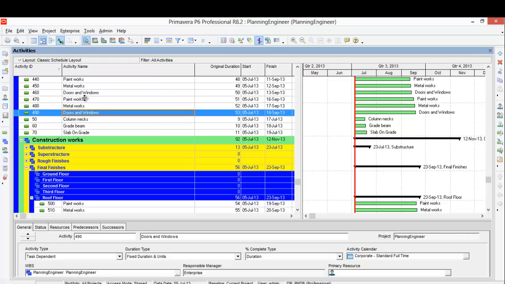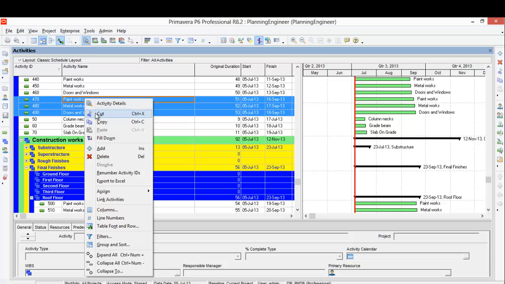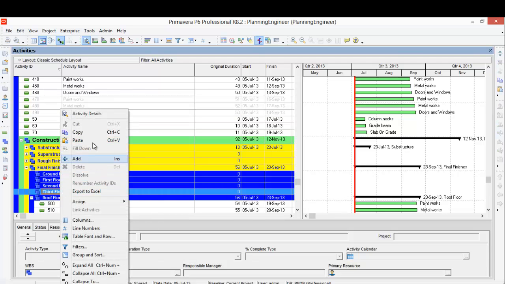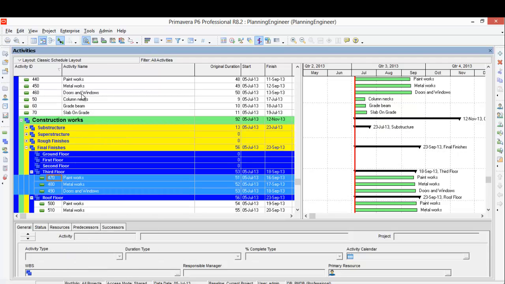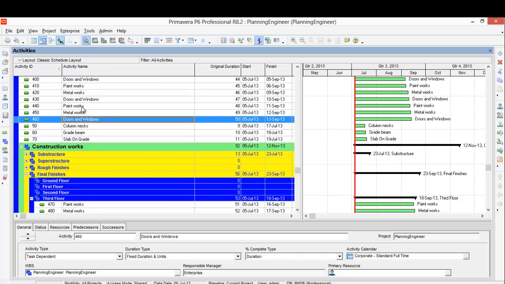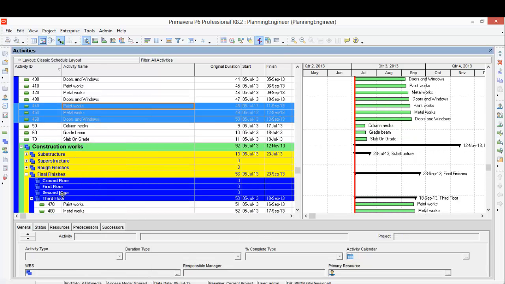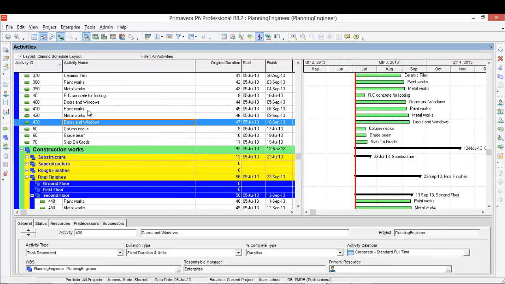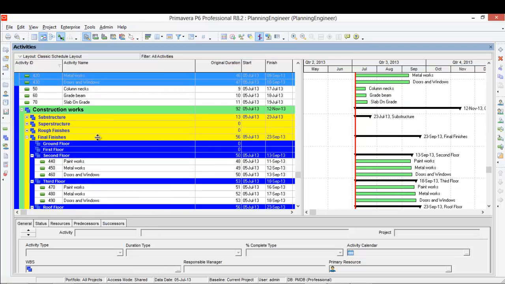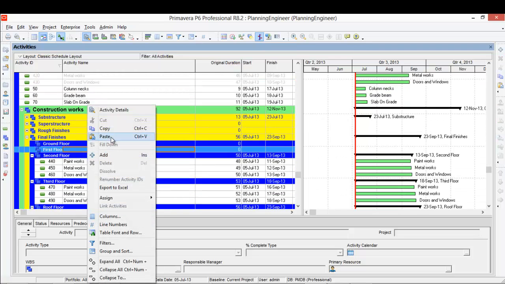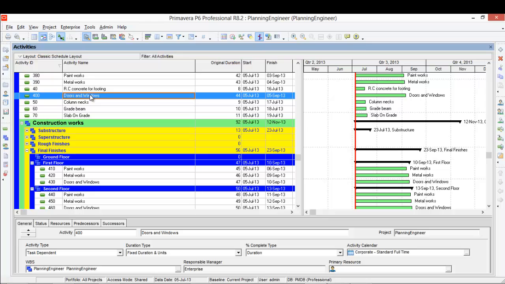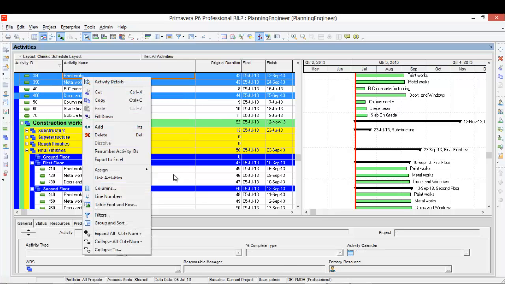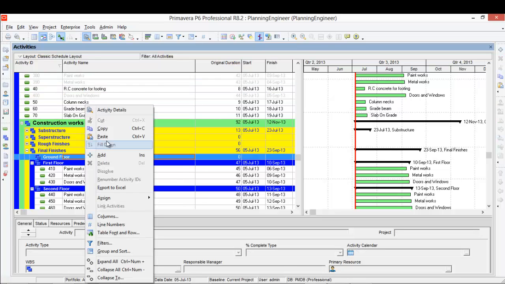This one should be third floor. This one second floor, and this one is for first floor, and we have here these three for ground floor.